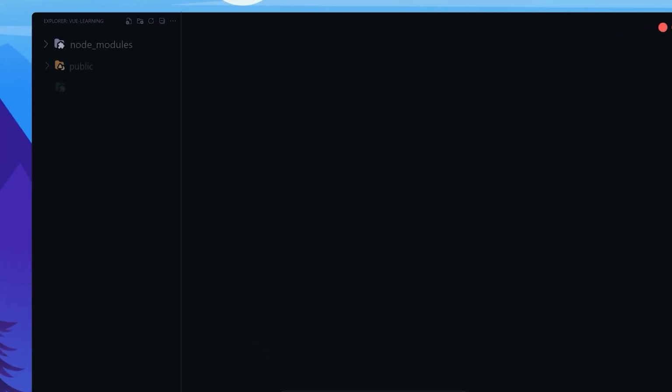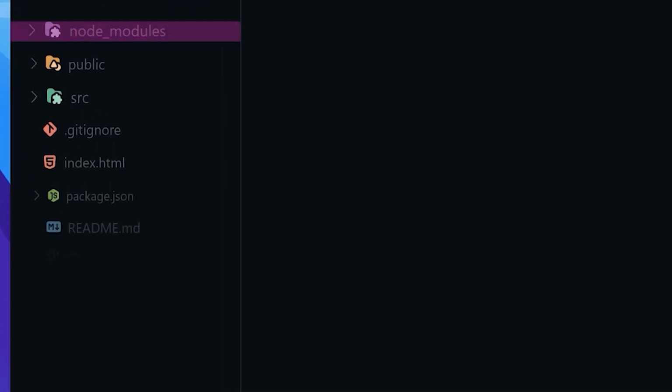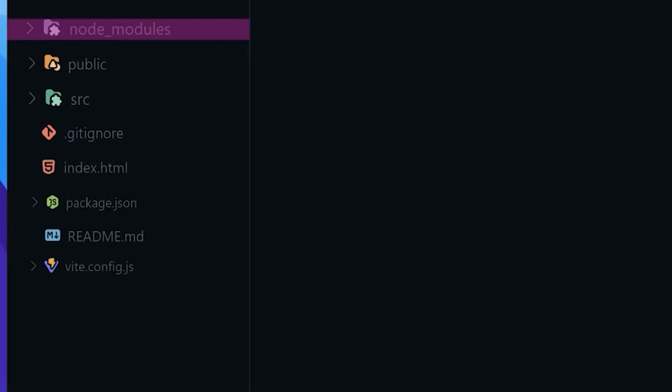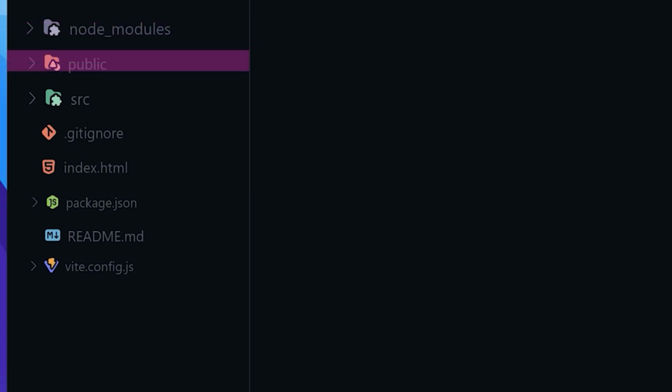Let's take a look at the folder structure. The first folder that we have is the node_modules folder, and this folder contains all of the dependencies your project needs. Basically, all the code from the packages you have installed via npm. You would never touch this folder manually. It's auto-generated once you run the npm install command. Then we have a public folder. This folder holds the static assets, those files that do not go through the build process,